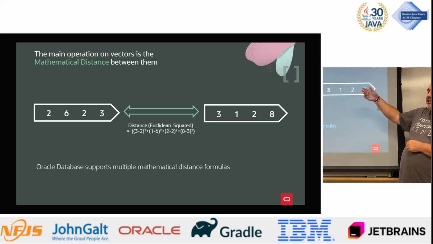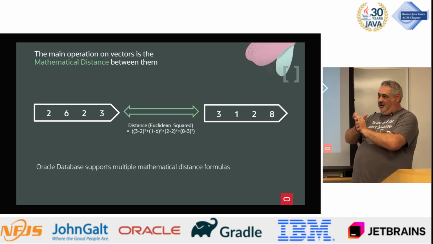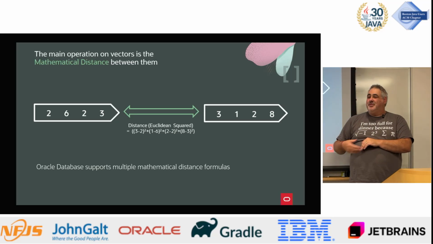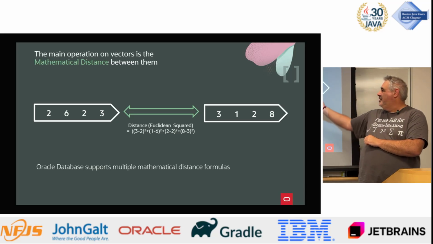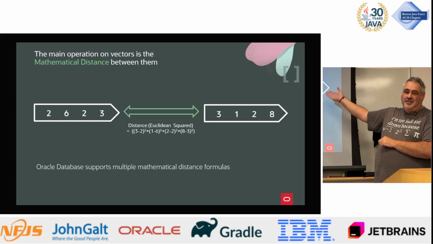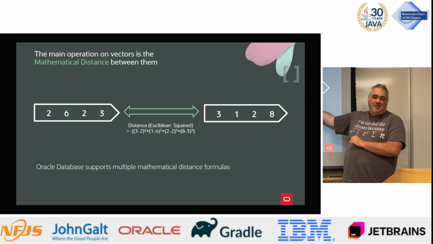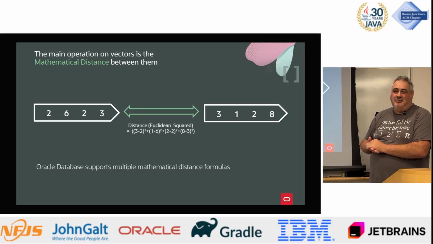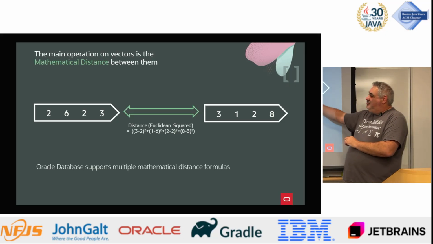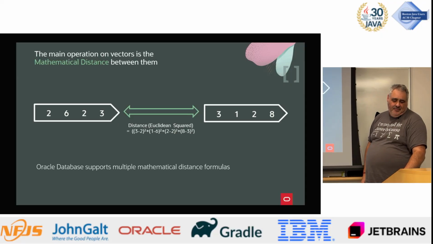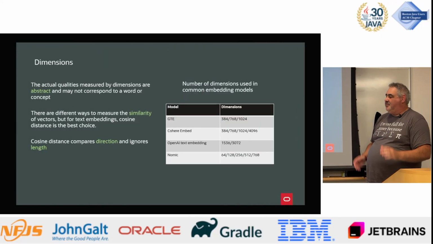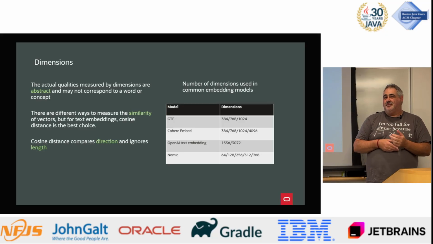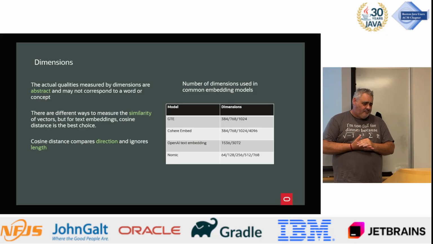So you might do that. You might take the square root so that you get the distance in a straight line, or you might leave it as squared, which means you don't have to do the square root, so the calculation is a lot faster. Here it's not a big deal, there are only 4 dimensions, but if you had 10,000 dimensions, taking 10,000 square roots is a big deal. If you just leave them squared, you save half the work. So there are a bunch of different ways to calculate the distance between these things. Basically, the smaller the distance, the more similar they are in terms of their semantic meaning.